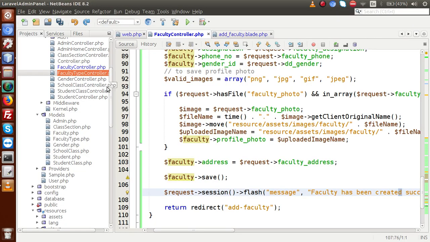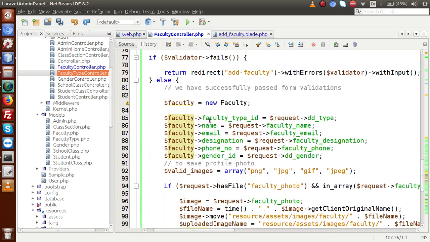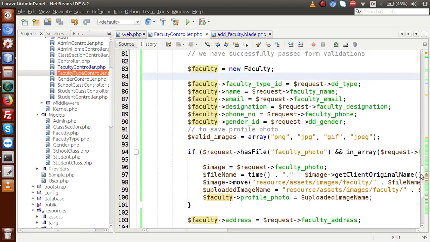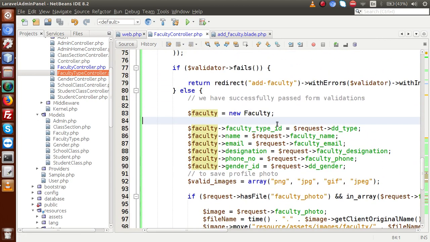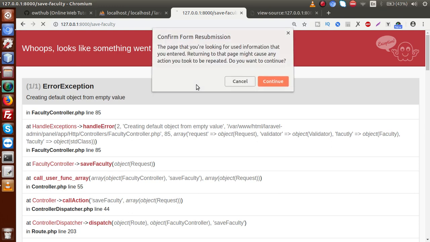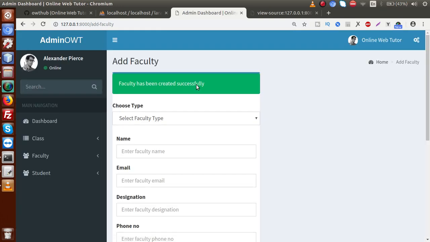So back to editor, and if I go at line number 85, and this is something here. So we are getting obviously inside this value, but actually this is the object we have created. Okay, because actually I think that this is the wrong and all about this is the object. So this is the spelling error, so that's why we are getting the empty object error. So if I save this file, again go to this file, reload this page, press continue, and faculty has been